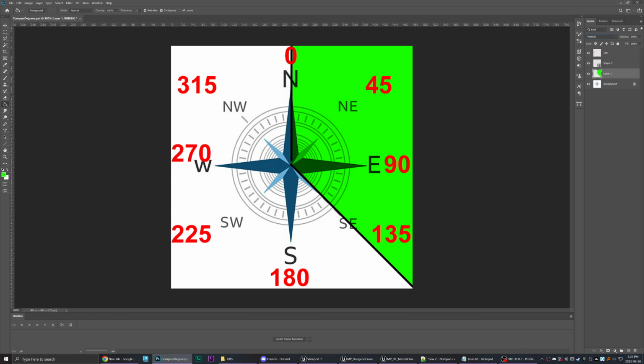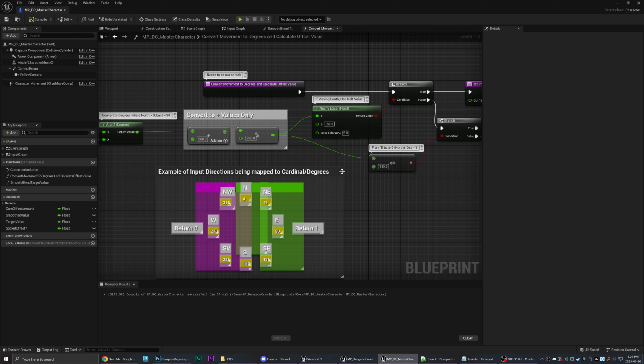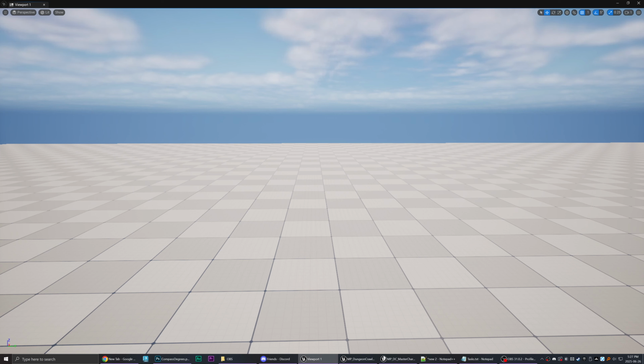The next thing that I want to do is that if you are moving down, i.e. the value is 180 degrees, then I actually want the value to be half. The reason for that is if you leave the value at full when you're running down, it actually makes your character go back into the center of the screen. So I played around with the value and found that half seems to be pretty accurate.